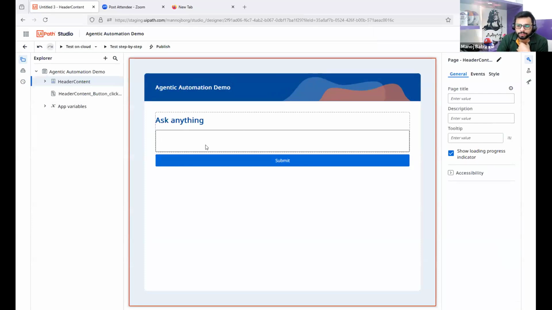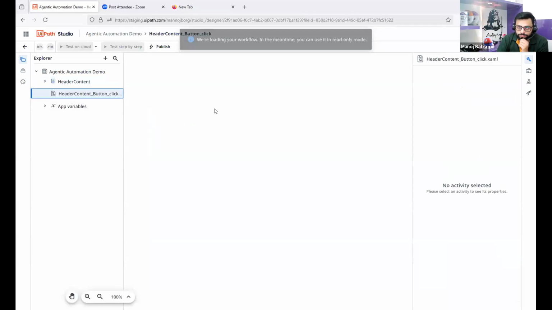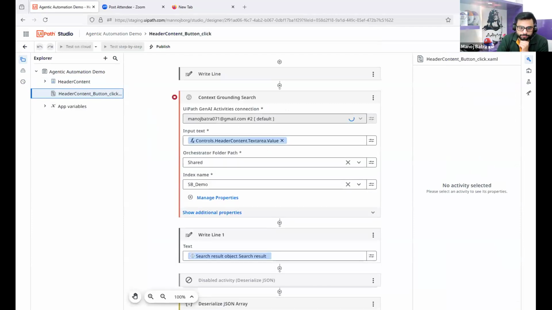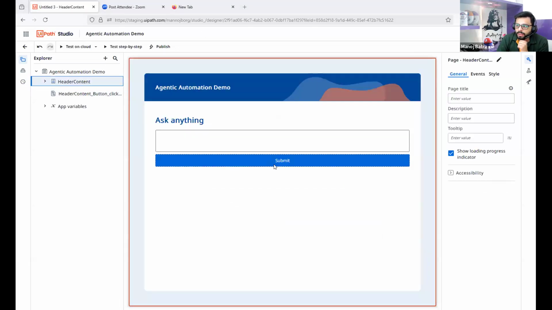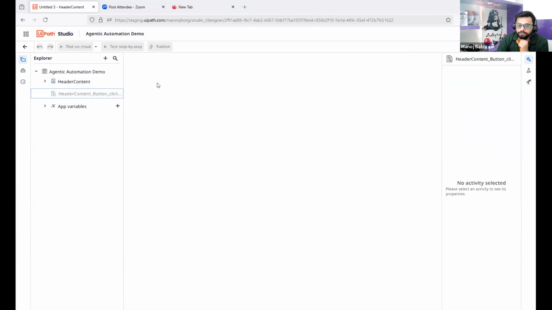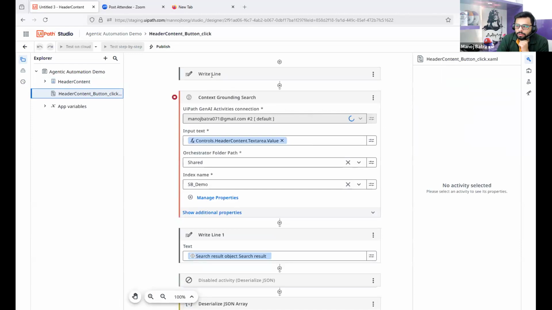Ask anything, you pass a prompt, and then obviously it should go to your LLM model. But for now, if I show you the code, you can try it on your own as well. Here, on the click of this button, I am calling this page. Here I am writing a response, the message which the user will pass, and then it will go to my shared